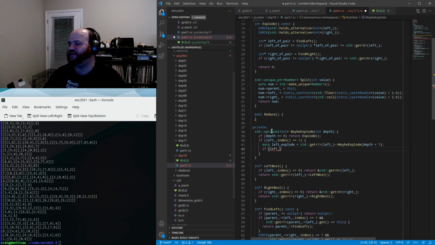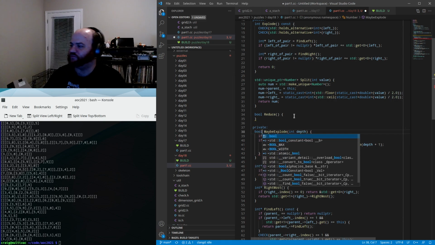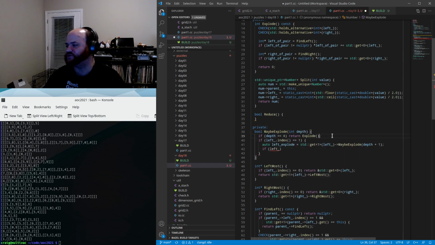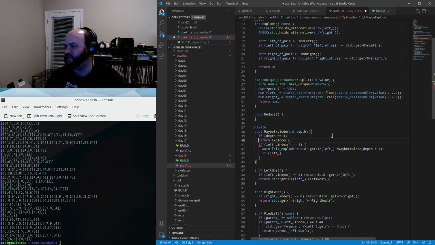No, that's not actually how I want. Sorry, I know I keep changing my mind on some of this, but I just want to return true if it explodes. So if depth equals 4, then